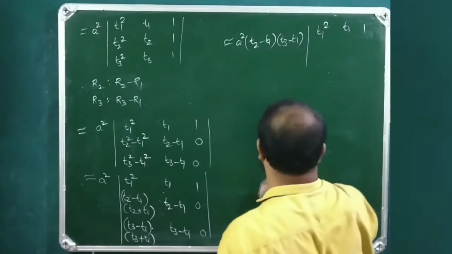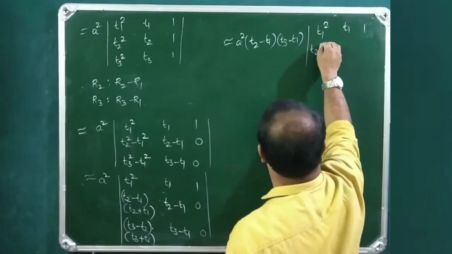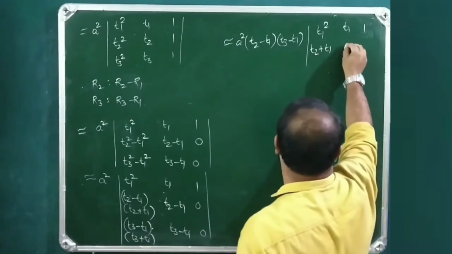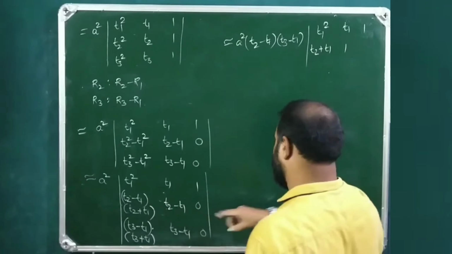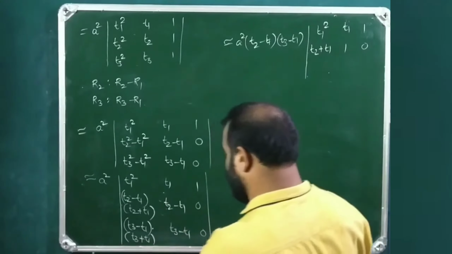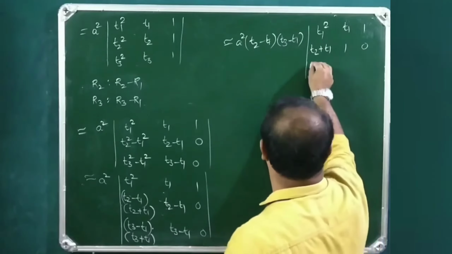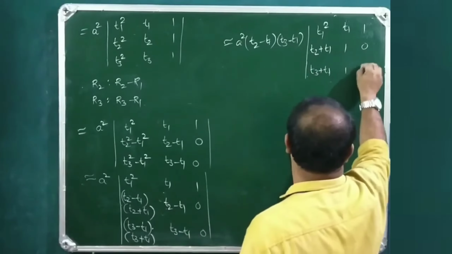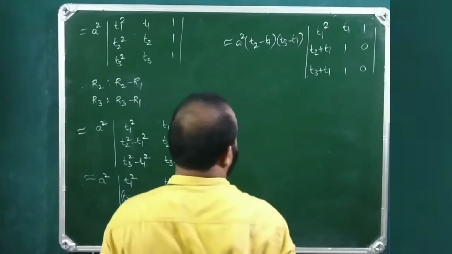This is T2 plus T1, 1, 0. This is T3 plus T1, 1, 0. So expanding along